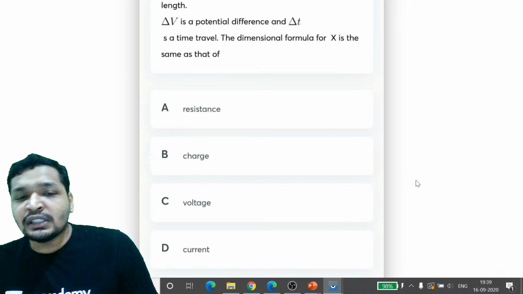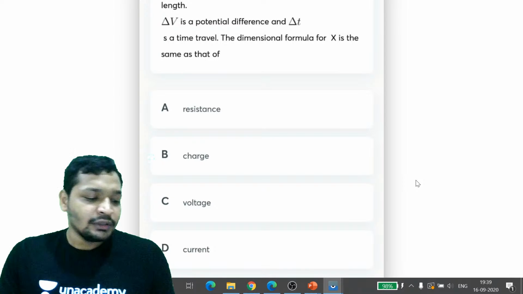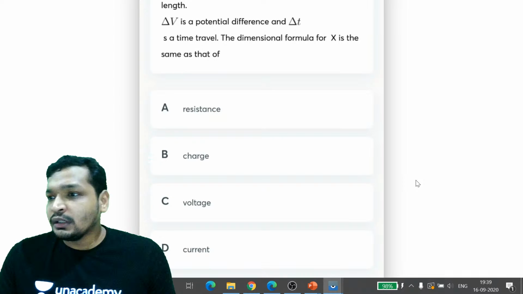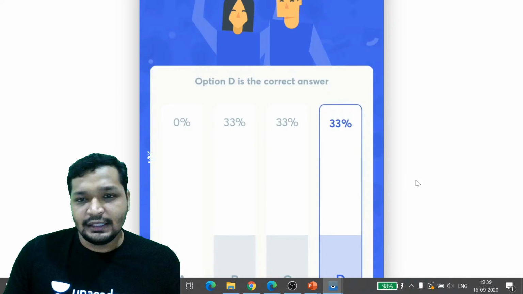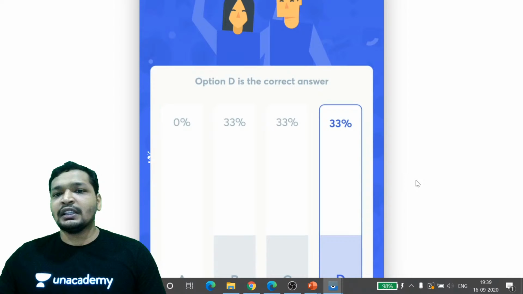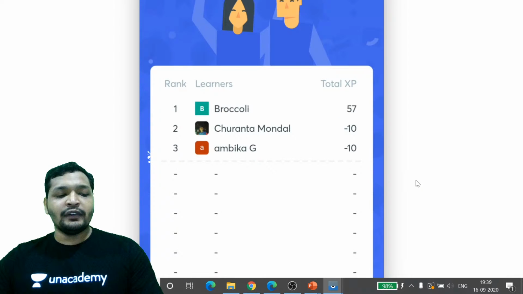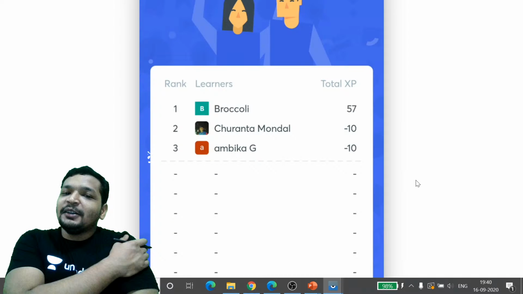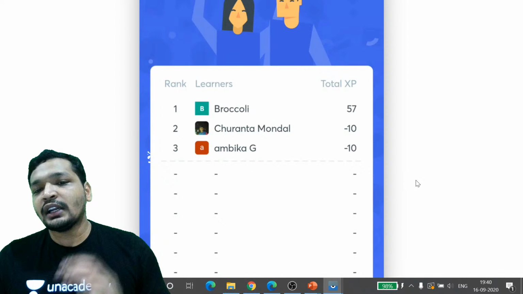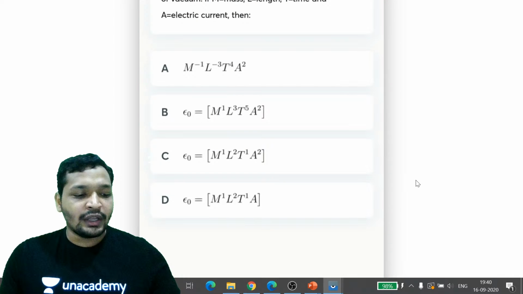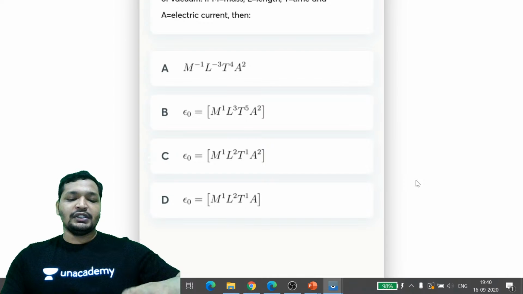So this is about units and measurements, Broccoli. You have 1 more second. The answer should have been current, guys. 33% of you have answered it correct, and good, Broccoli, really good. We will anyway discuss this question today. It's a previous year JEE Advanced question. So today our motto is to discuss a couple of things. One is going to be a JEE Advanced question, and the other one is going to be